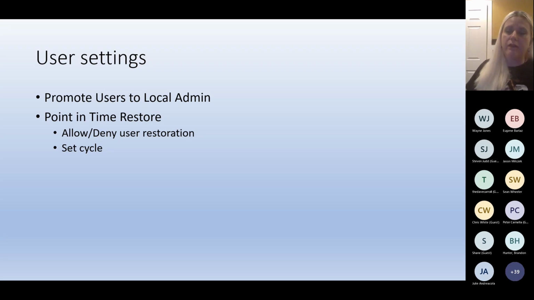The other thing that we have in that tab is point-in-time restore, which I haven't covered yet. Point-in-time restore allows you to do audit holds on the Cloud PC. In order to take advantage of that, you do need to have a storage blob or a storage account. I think you use a storage blob, but you need to have that set up. Then you can detach the VHD, mount it, look at it, and do your forensic analysis. You have the option to either allow or deny a user access while it's in audit hold.